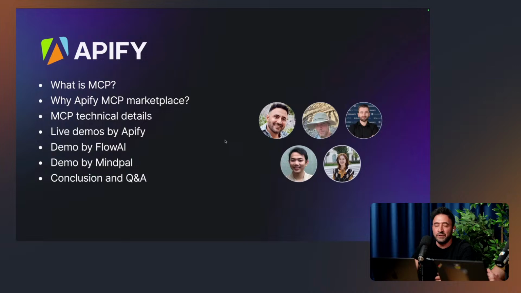Then we'll have Jacob. He will present a live demo using our TypeScript template. He'll show you how quickly and easily you can roll out any MCP. Of course, this can be MCPs with pre-existing APIs that you have, actors chained together, or in the case of Abdu, bringing out an existing agent and turning it into an MCP and hosting it. And then, of course, most importantly, monetizing it. So we're excited to see how that will be. Abdu will give you that demo.